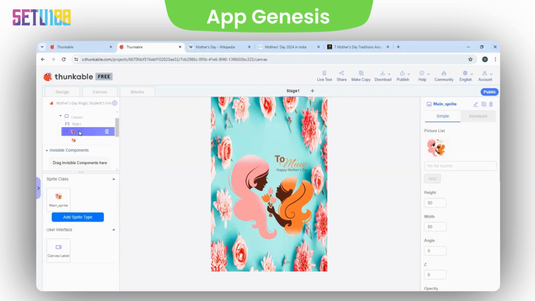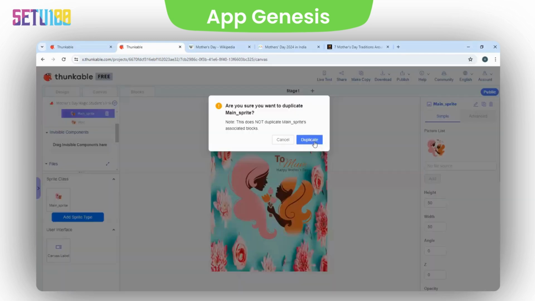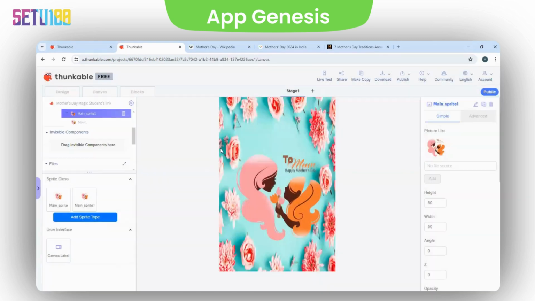Now again, I'm going to create a duplicate of this main sprite to create one more sprite, the pink flower sprite. So let's reset it and write it down like it is a pink